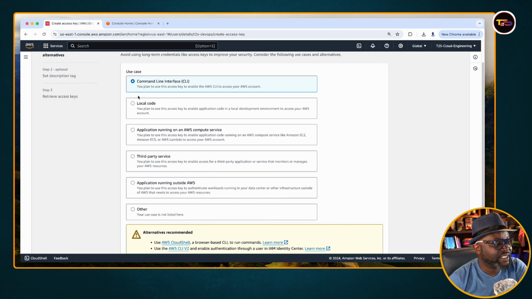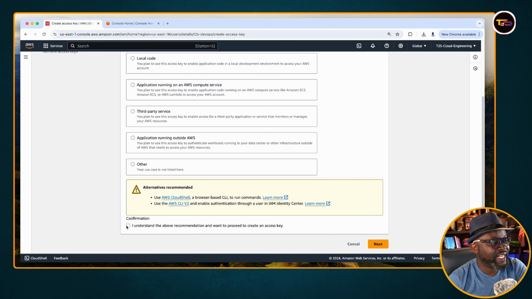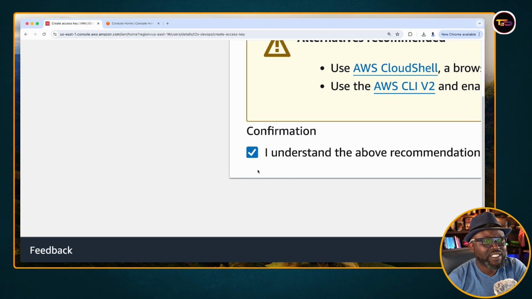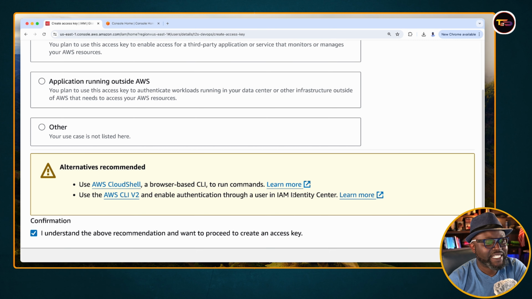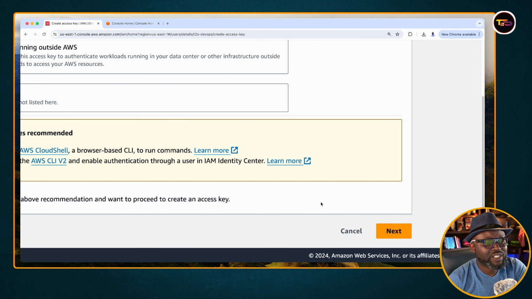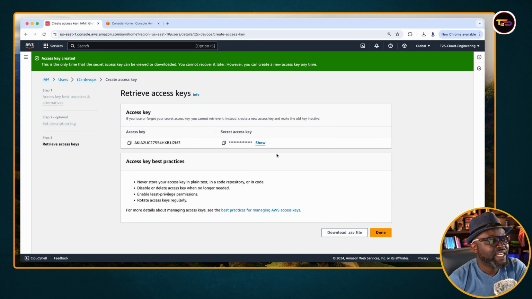But these are the other ways that you can use this. So I've done that, and then click understand the above recommendation and want to proceed to create an access key. All right. So go back here, click next. You can give a tag value here if you want, but I would not. Create access key. So I click create access key, and here